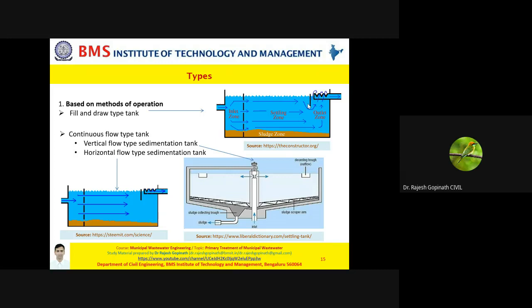And once this detention period has been achieved, let us say about 24 hours, then after that the outlet zone is opened and the supernatant, or the treated wastewater, is removed. Here the settled particles again have to be removed, and this process can take about 6 to 12 hours. So in simple words, this is a reactor in which, when the wastewater enters, the outlet zone is closed.